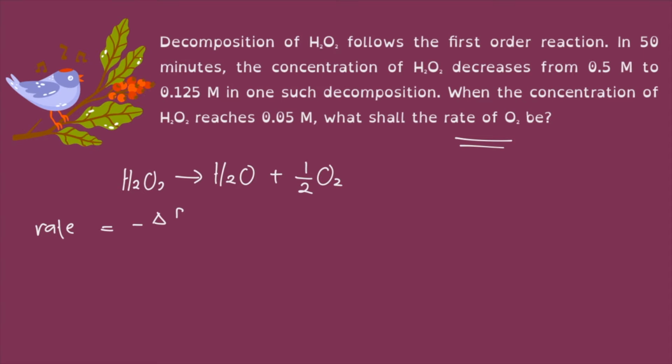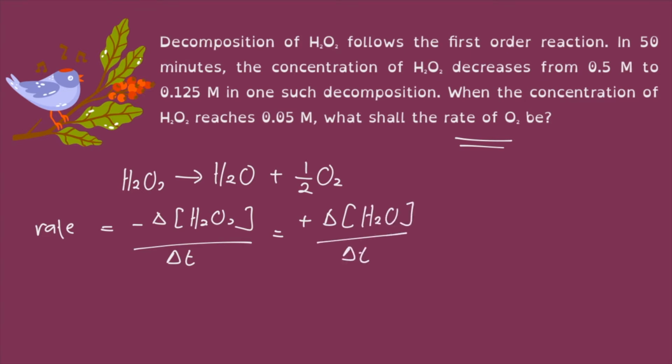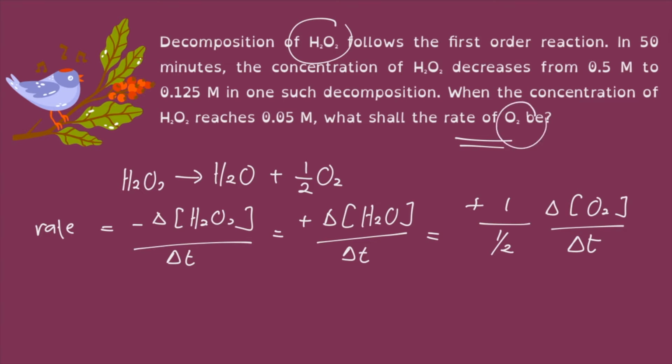So negative delta concentration of H2O2 over delta t is equivalent to positive delta concentration of water over delta t, equivalent to positive also 1 over 2 delta concentration of oxygen over delta t. In saying that, we can say that because now the thing that you are going to compare is just hydrogen peroxide and also water. So we are just going to look at this one and this one. So we can say that the rate is actually equivalent to negative delta concentration of hydrogen peroxide over delta t is equivalent to